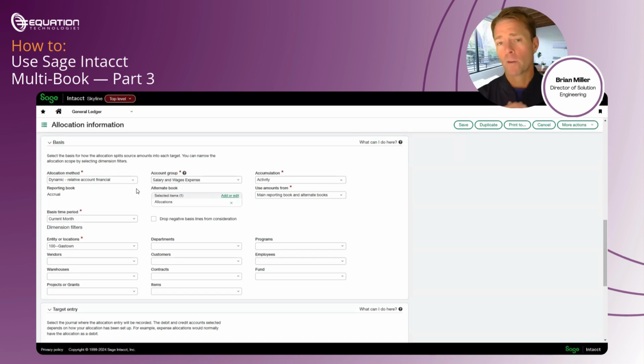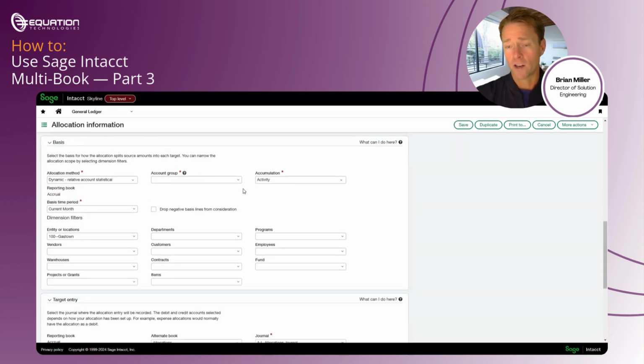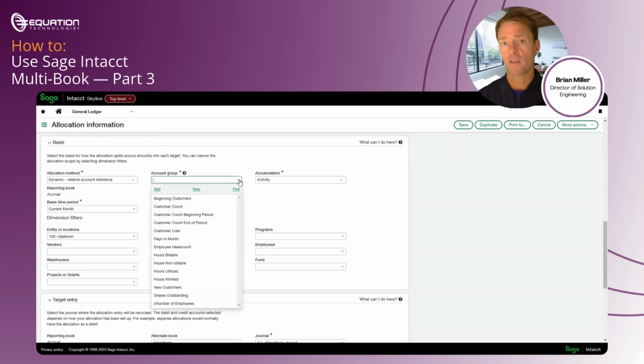Okay. Well, what if I have a better way to do that? And that would be via our statistical entries. So I can come in here and switch my basis from a financial metric to a statistical metric. Now what I can do is come in and say, instead of looking at salaries and wages and calculating it off that, I'm going to look at headcount. This is really common in doing month-end allocations or quarterly allocations, right? I'm going to use my FTE or my headcount to disperse my overhead or non-operating expenses across departments